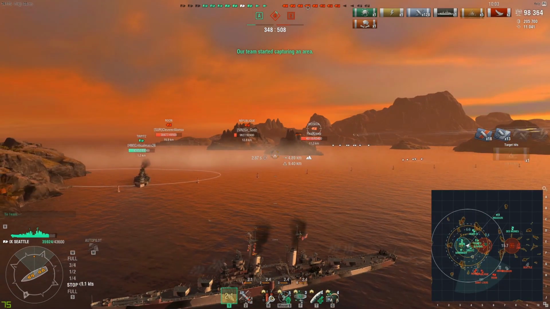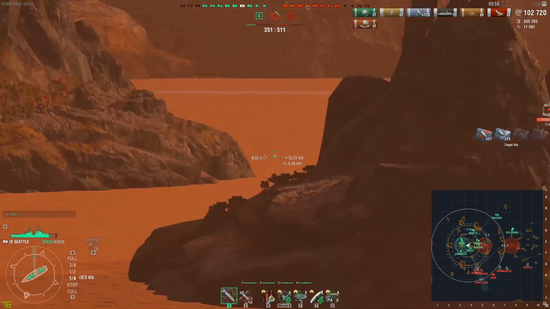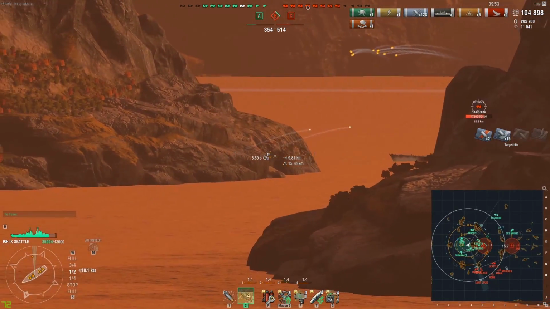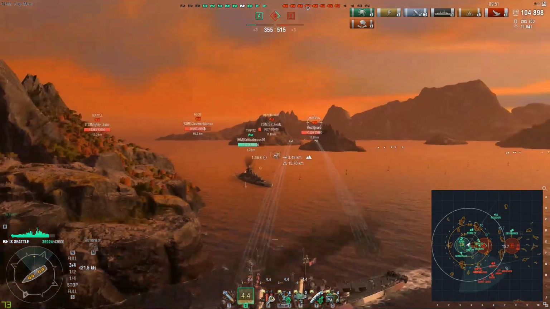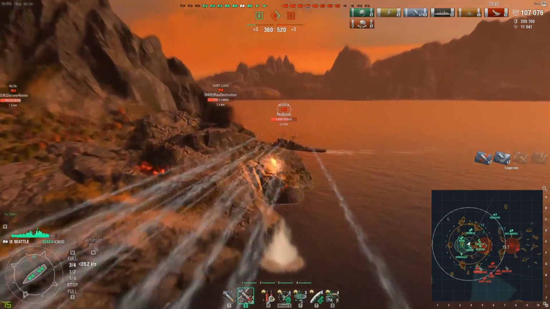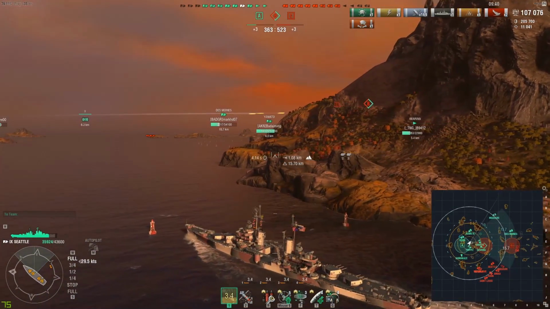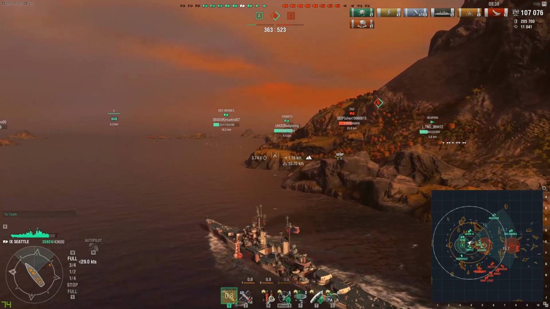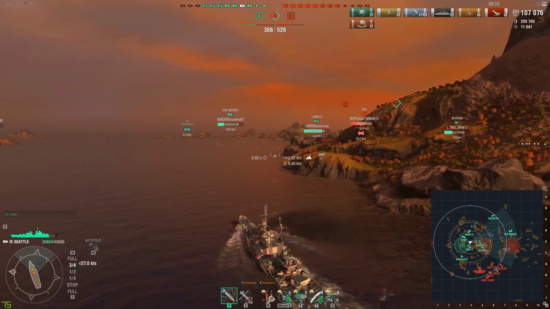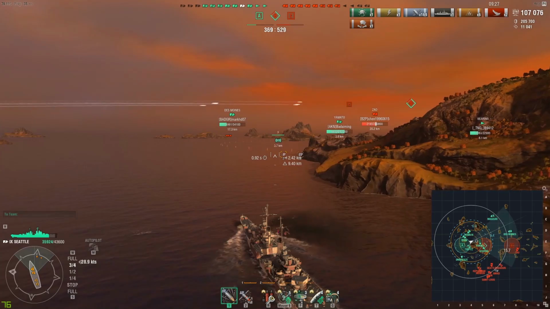And with the Seattle in specific, you're very reliant on your positioning, because your armor just will not stand up. The other thing is the Seattle is particularly difficult for a couple reasons. I don't want to say it's not stealthy, because it really is stealthy. 9.4 kilometer concealment is really good, and you can radar as soon as you get spotted, which is very nice. But